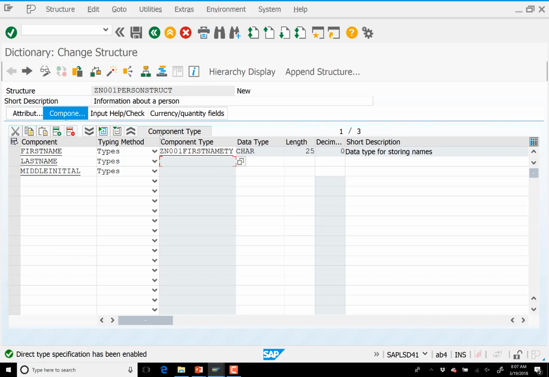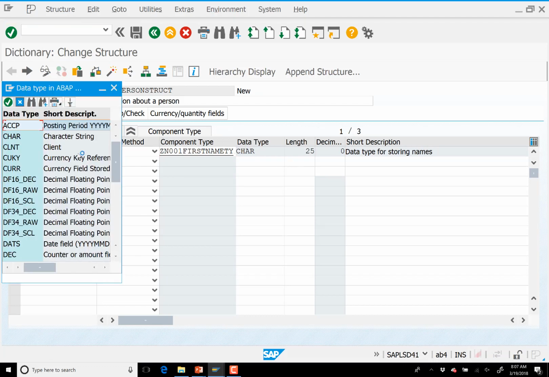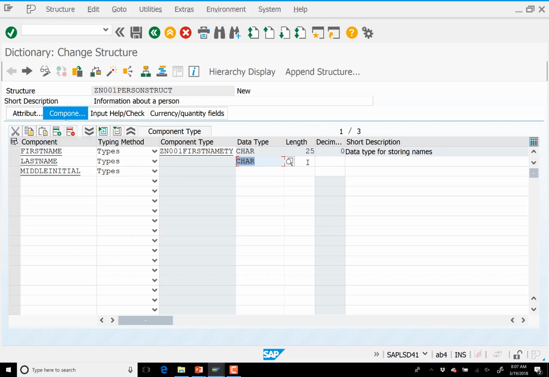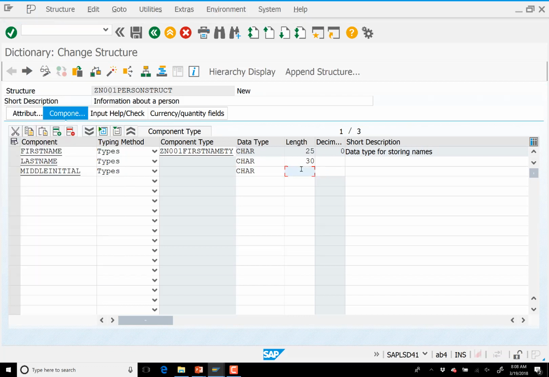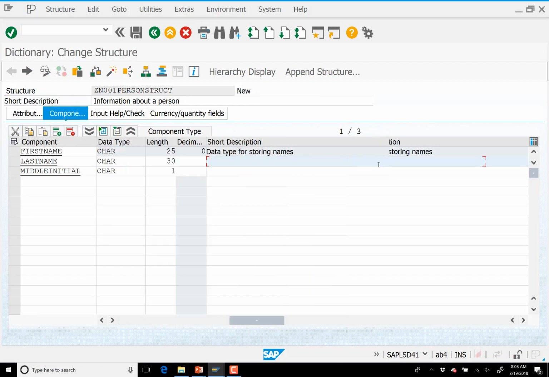And you'll notice the screen has changed a little. Instead of my being able to type in the component type field, it's been grayed out, and this region over here to the right is now white for me to be able to edit. And so I could come over here and do direct typing. I could say that last name is going to be a character string of type 30, and middle initial is going to be a character string of length 1. And we should always give descriptions for these. So this would be user last name,